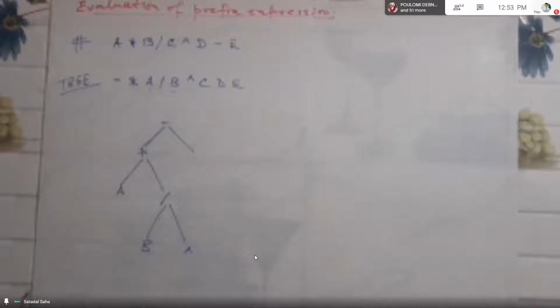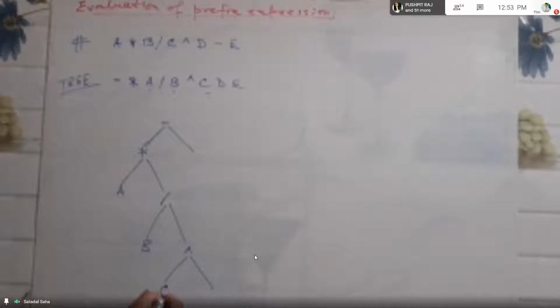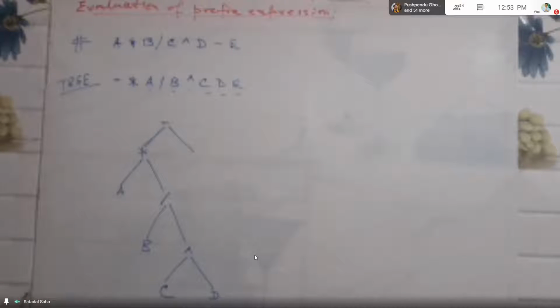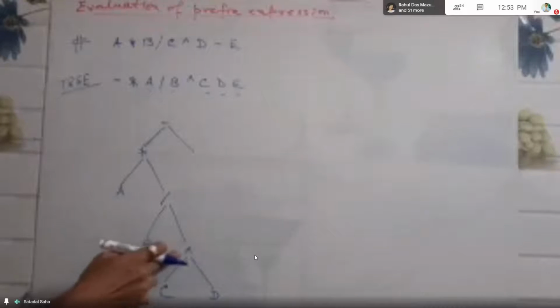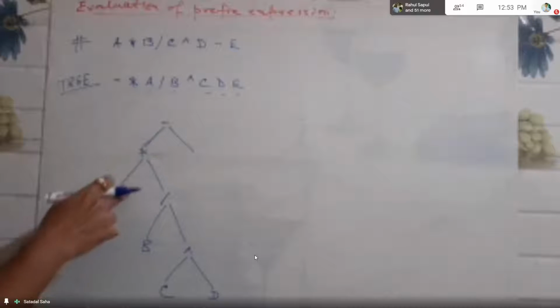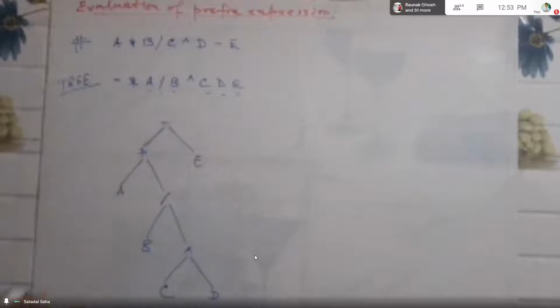It will be an operator. So this one again it will be having two wings, left and right. So C. Next is C. C will be placed in the left wing. D will be placed in the right wing. And then the next scanned operand is E. So E cannot be placed under C, under D, so it will be back. So it's also over, it's back, then it is also over. Again here it is also over, it will be coming over here and at the right wing of this minus